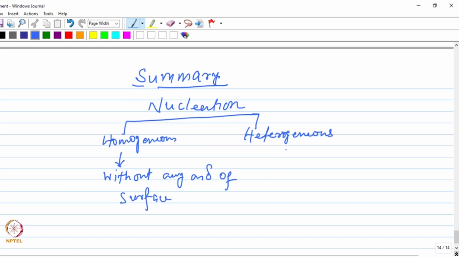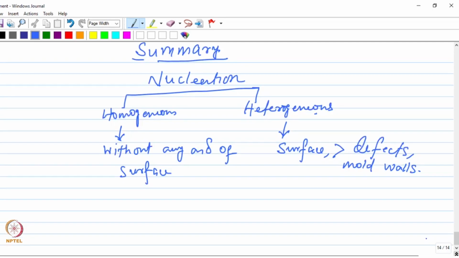Whereas heterogeneous nucleation occurs on a surface such as a defect or mold walls, and for the nucleus to form, there is a critical free energy change or an energy barrier, and this energy barrier is much lower for heterogeneous nucleation compared to homogeneous nucleation,